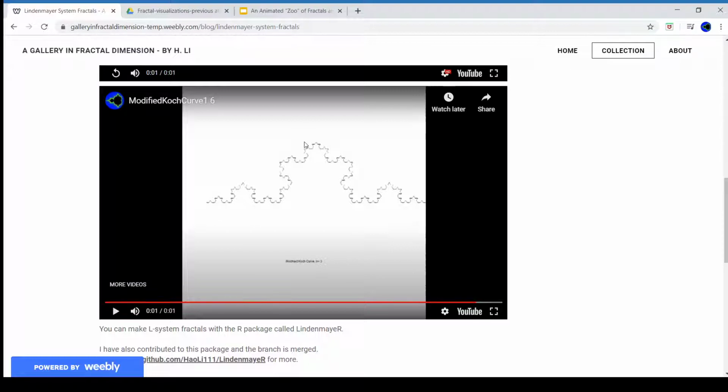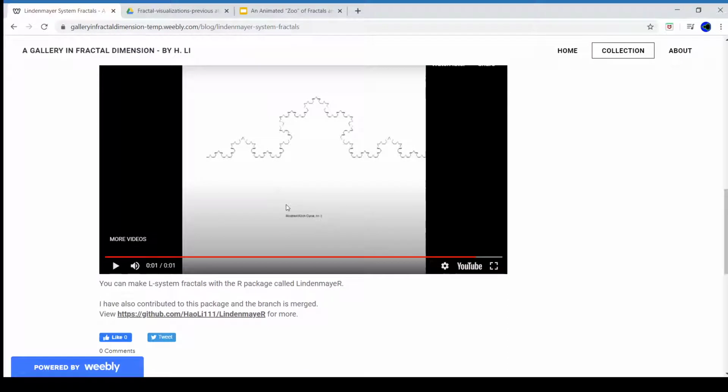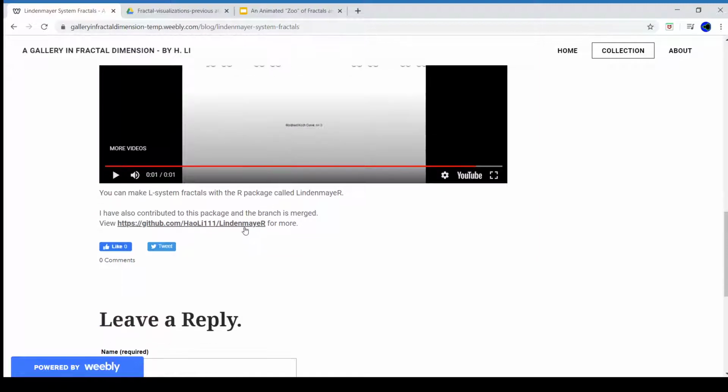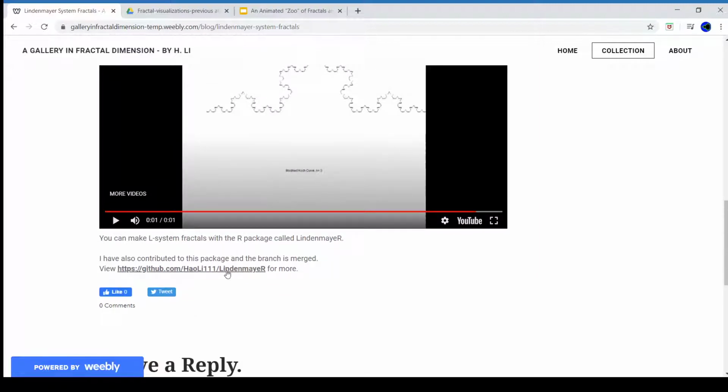it's always going to show you more details of the form. So it has a non-integer dimension, which is the fractal dimension, and the way I created the plot is by using this package called